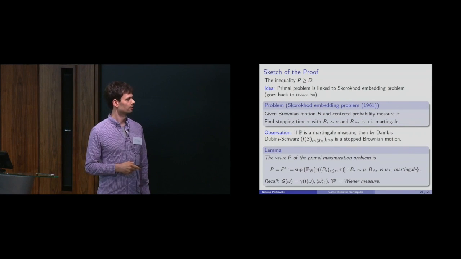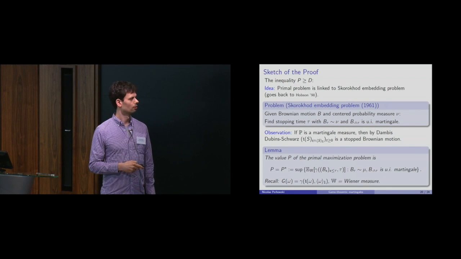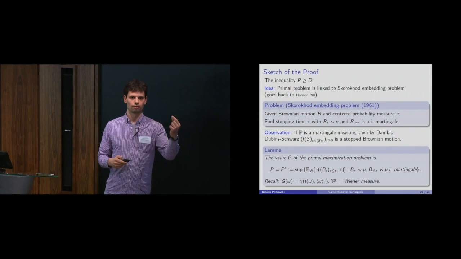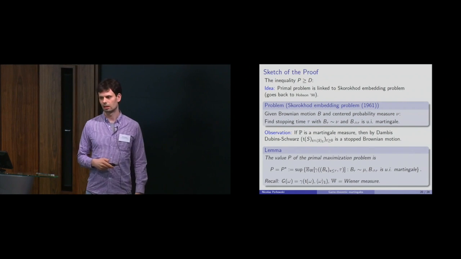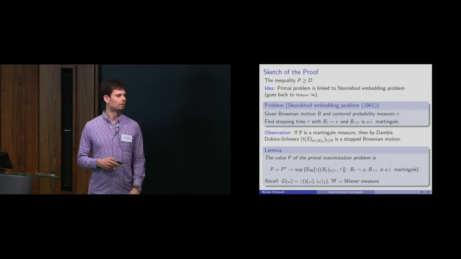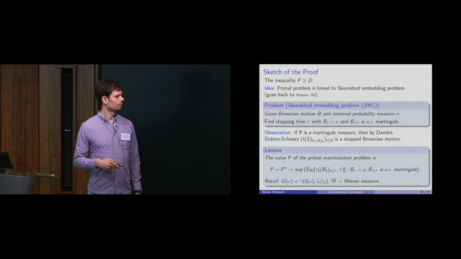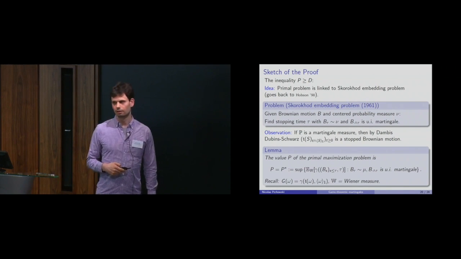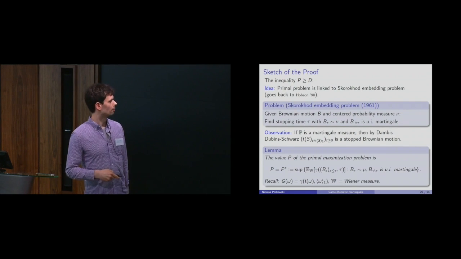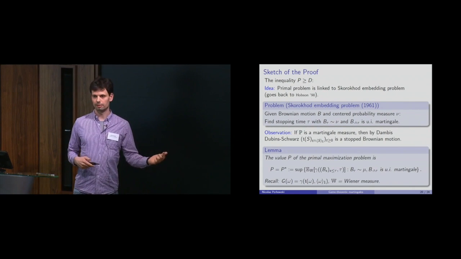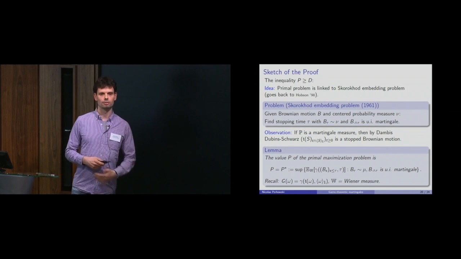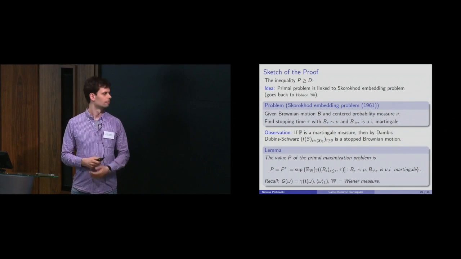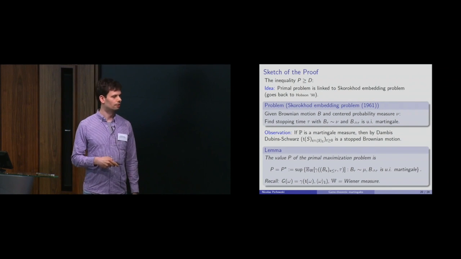So this process is a Brownian motion and it's stopped in the point where the quadratic variation reaches 1. And then you can see that this is a stopping time in the time change filtration. Okay. So this is a very simple observation then, that the primal problem we started from, so to find the optimal martingale measure, can actually be rewritten as finding an optimal stopping time for a Brownian motion. Okay, so this is now a different primal problem.